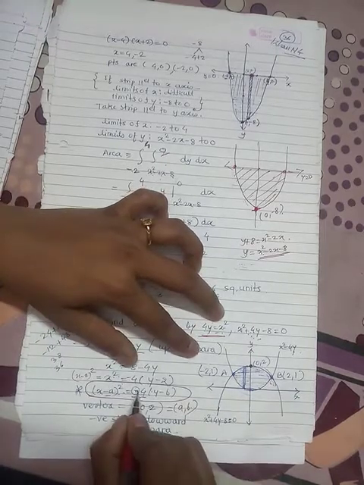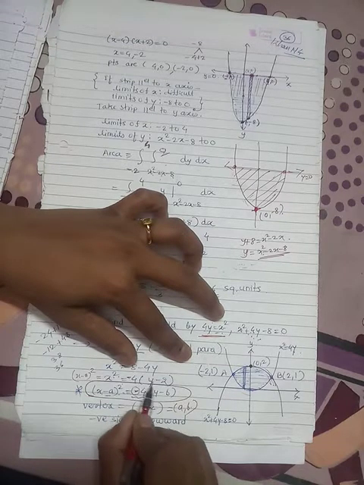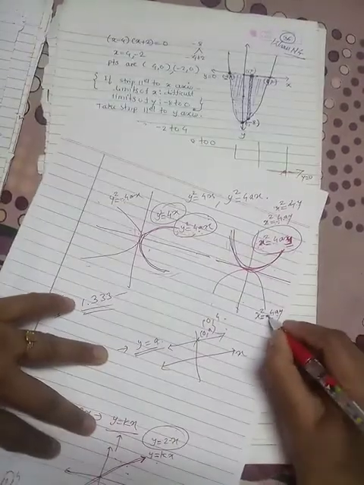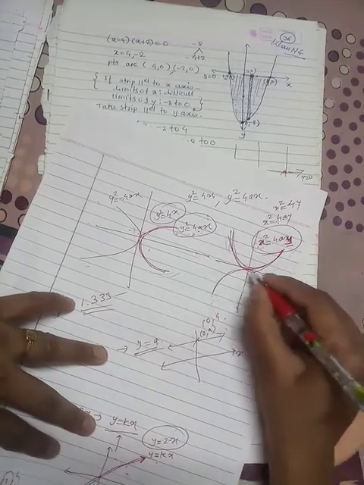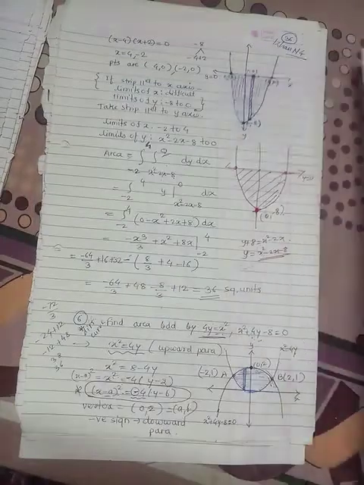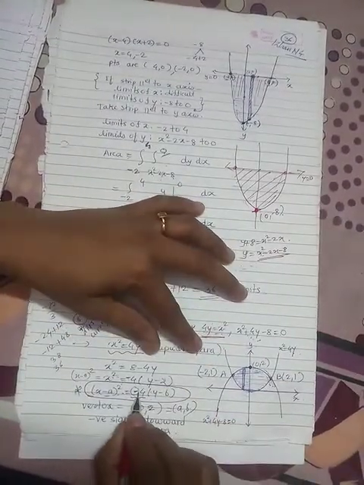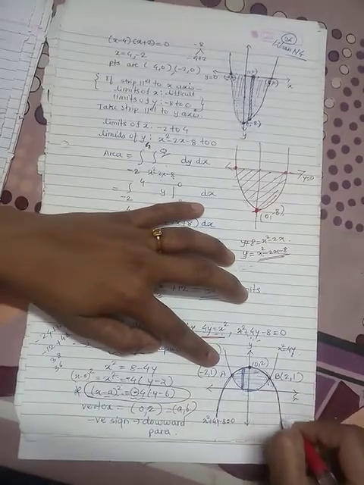and there is a minus sign here. So minus sign for y. If we multiply this minus 4 to this, we will get minus 4y. That is, y has the negative sign. So if y has the negative sign, then that parabola should open at the lower side. In the lower direction, the parabola is open. So vertex is (0, 2) and y has negative sign, hence it opens in the lower direction.